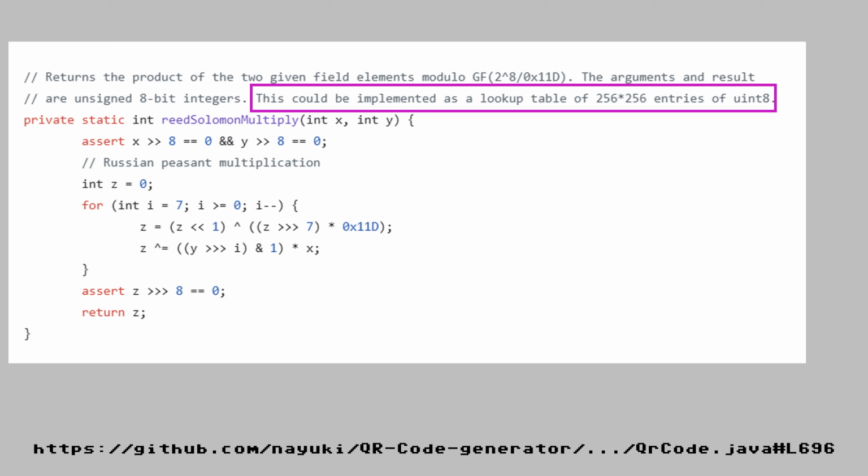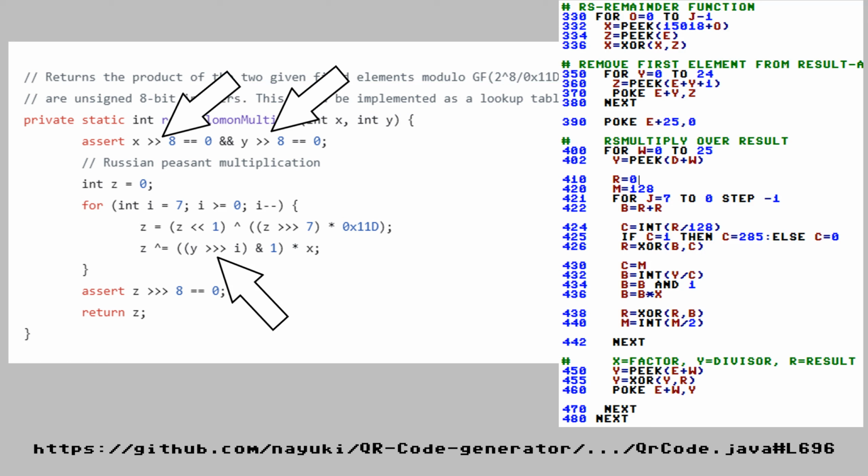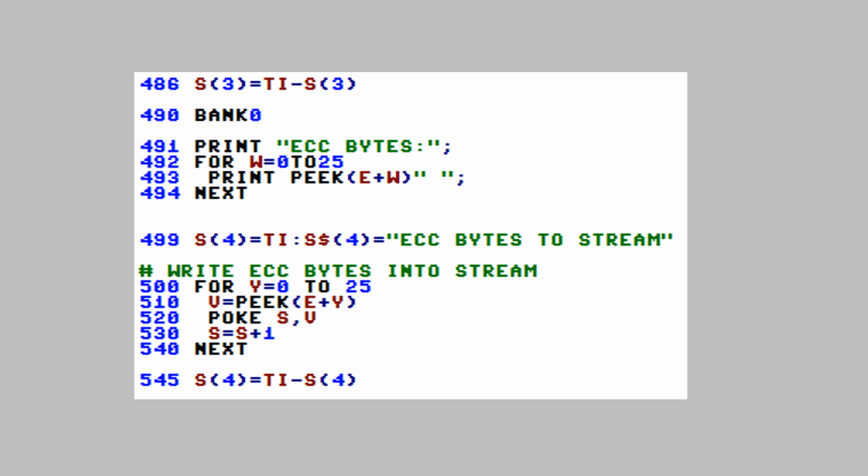So we will stick to calculating these. The operations involved are pretty simple by themselves: bit shifting, exclusively ORing, and multiplying. But it's the number of iterations that really add up. Once we're done with this, we append the ECC bytes to the data stream and end up with a total